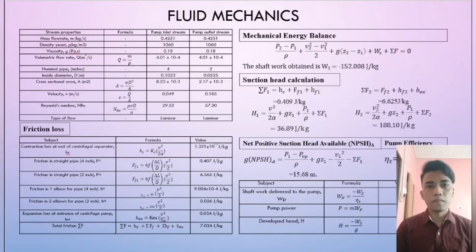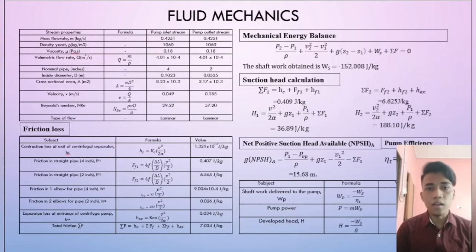I'm going to explain the fluid mechanics part. In the fluid process, we have to find the friction loss, mechanical energy balance, suction head and discharge head, net positive suction head, pump efficiency, shaft work delivered to the pump, power, and developed head. In order to find that, we need to list down and calculate all stream properties shown in the table on the slide. Then we continue to find the friction loss in the pipe from the unit process centrifugal separation to the unit process